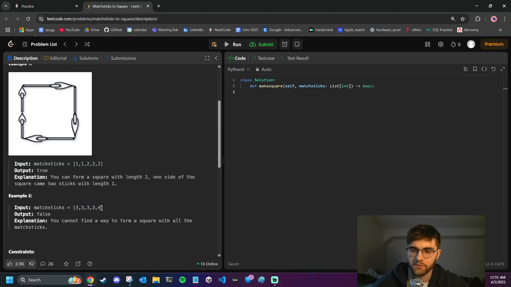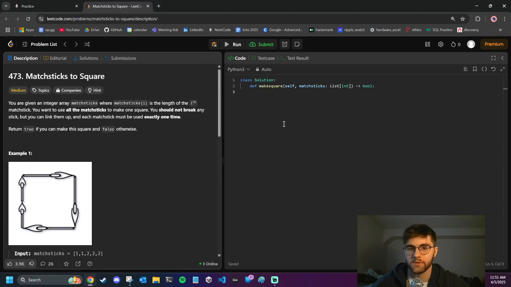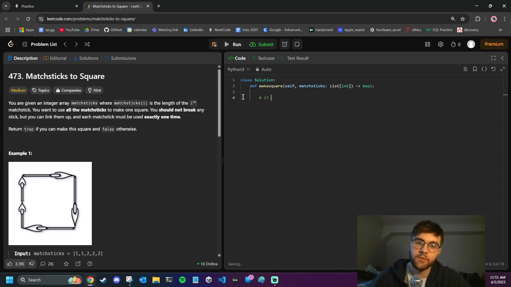Yeah, so this is 16, but it seems that there's no way to evenly divide it. So first we could check. I'm not going to code yet, but we know that if the sum of lengths is not evenly divisible by 4, then it is false. Okay, so otherwise